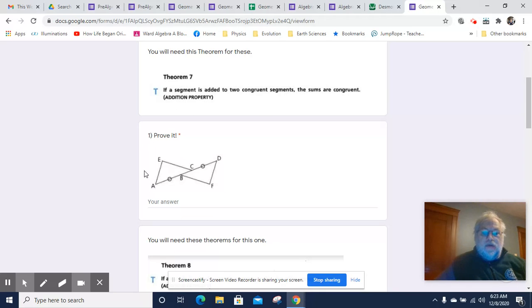And we have this question here. I need to actually change this actual question. What we want to prove is AC congruent to BD. And the way we can prove that AC is congruent to BD is that AB and CD are congruent, and BD just adds this little bit of BC, and AC adds this little bit of BC to AB. So since we're adding, the way to prove this